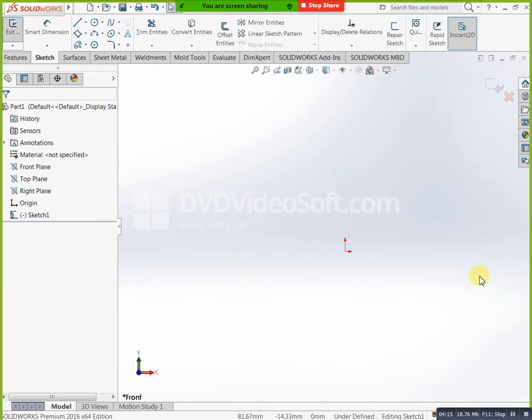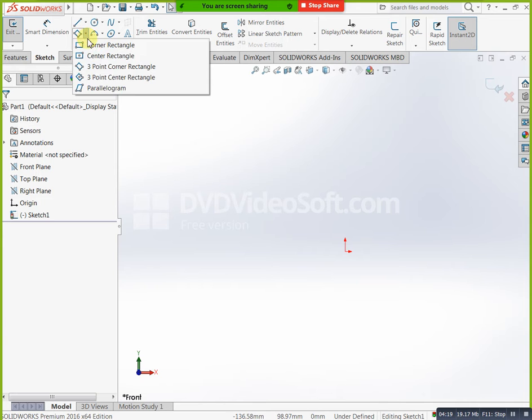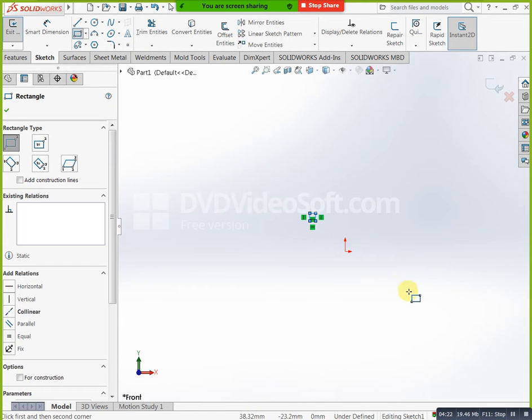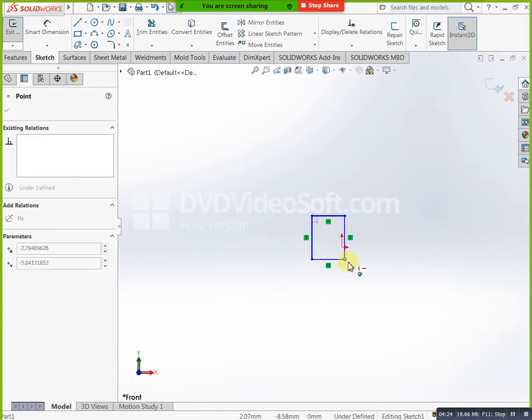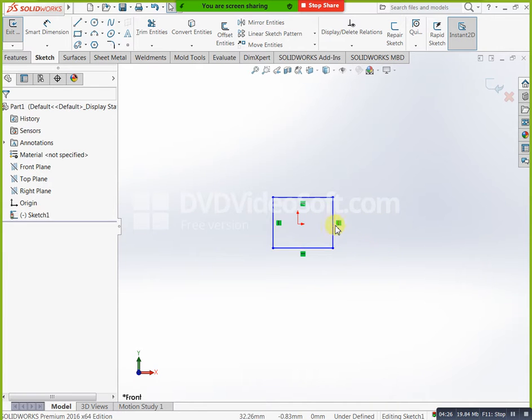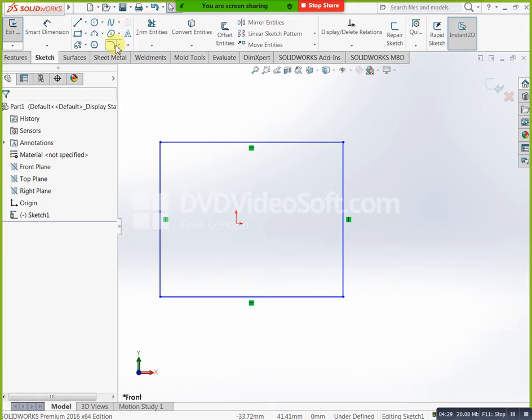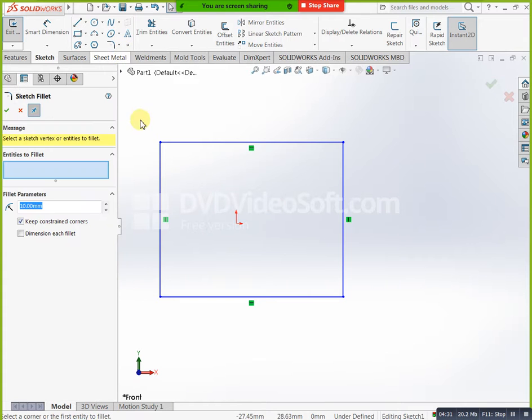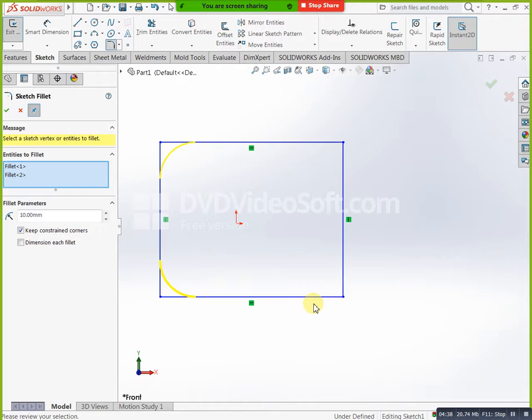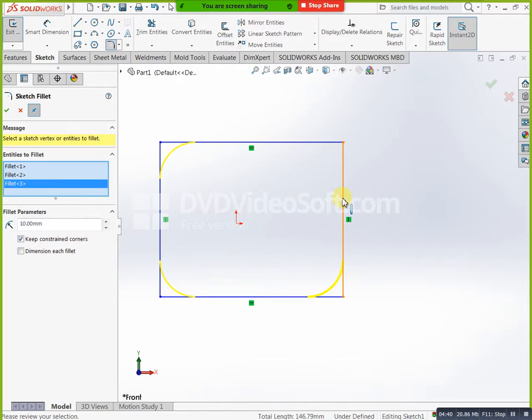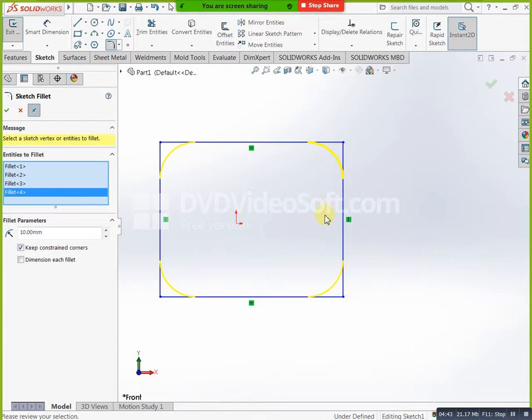Next, you can go for sketch fillet. Sketch fillet means, for example, I have one rectangle like this. For this rectangle I need to apply fillet. Go here, sketch fillet. Okay, specify the radius for the fillet, this one and this one, this one and this one, here, here. You can apply like this. If you need to change, you can change directly, increase it now. Okay, based on your requirement.